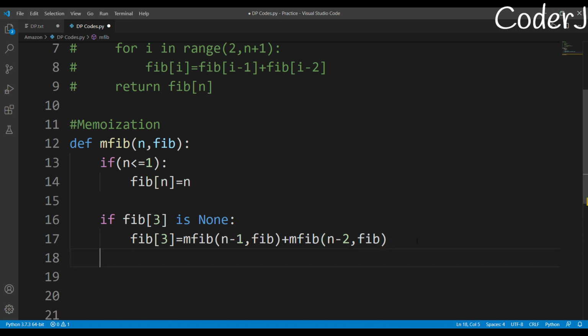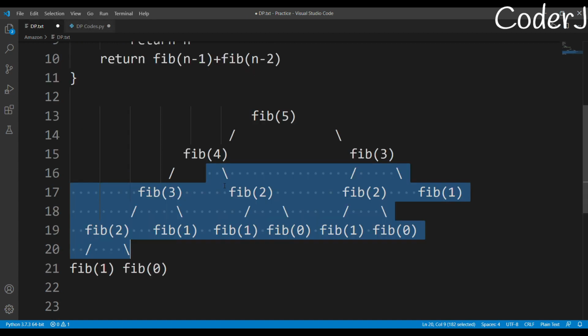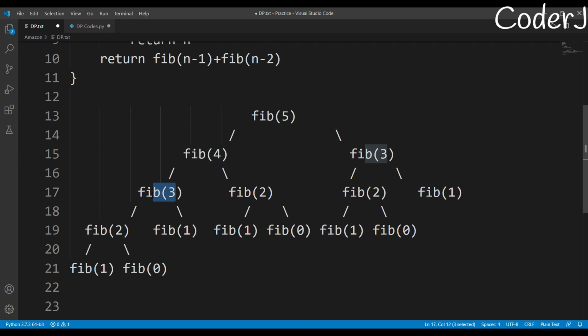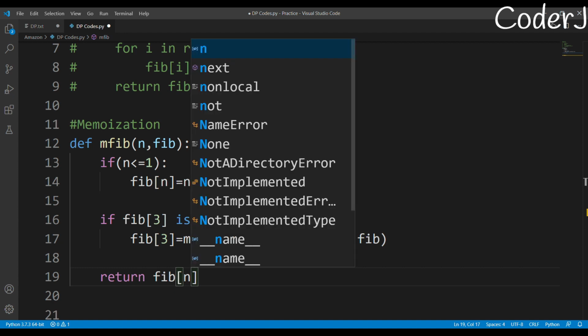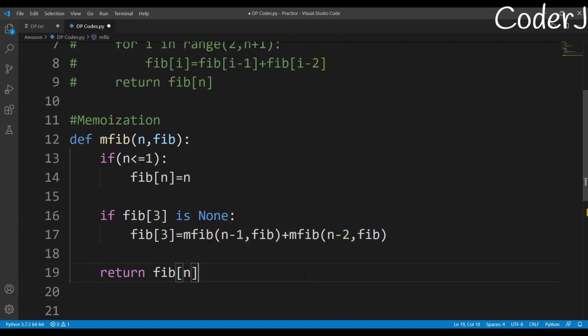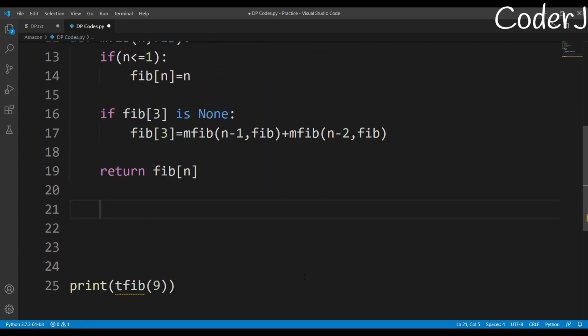So here I have just tested that if that particular value has not been solved till now, solve it. And I don't think that will do me any harm. If it's the first time I encountered f3, yes, I am supposed to solve it, right? But if it is already solved, then what do you do? You simply return fib of n. This is your memoization.